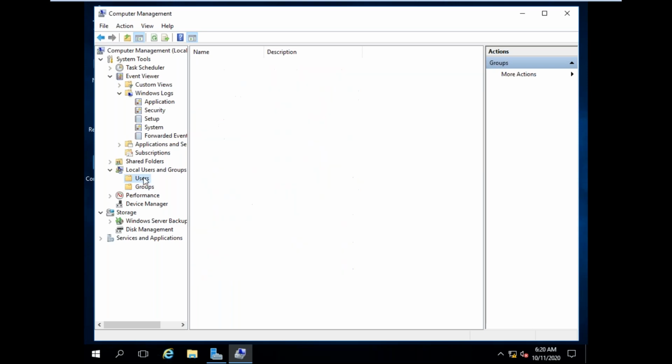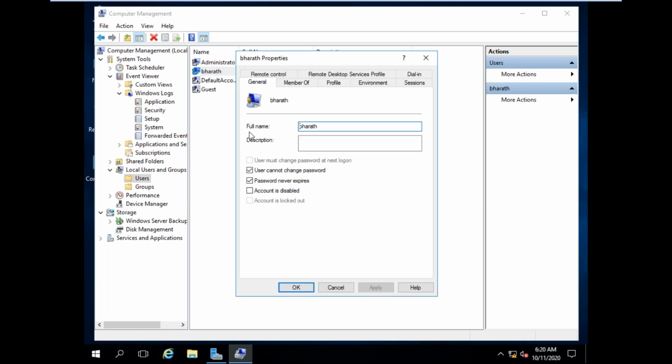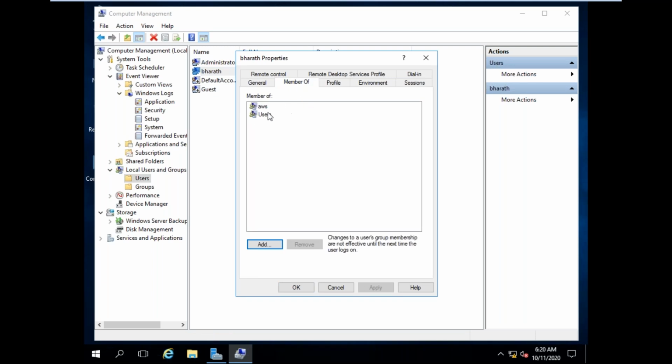Now go to the Users folder and right click on Bharat. I want to see whether Bharat is a member of this group or not. I just added. Under Member Of, see, a member of AWS group also. Remember one point: by default, a user cannot be created without a primary group.